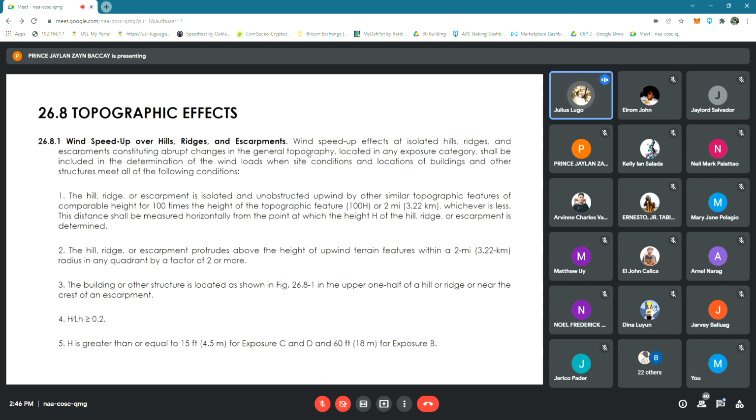Okay, going back to the discussion, let's proceed with topographic effects. So far, we're under the general requirements lang naman, so wala pang masyadong complication in here. So, let's proceed to the topographic effects: the wind speed up over hills, ridges, and escarpments. You just Google na lang what ridges and escarpments mean, pero these are actually topographical